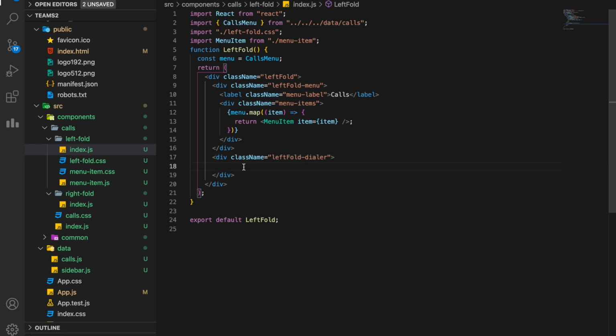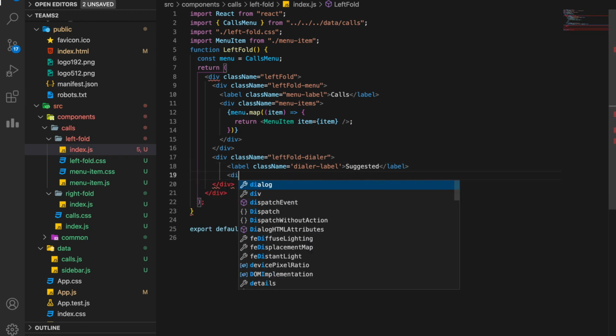Okay, so inside my left fold we need a label. First of all, a label which has suggested, let's call it dialer label. You have to give a lot of names to classes, so make sure you're using unique names and names which are understandable, not XYZ anything.